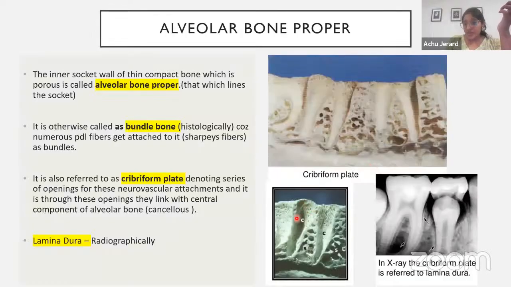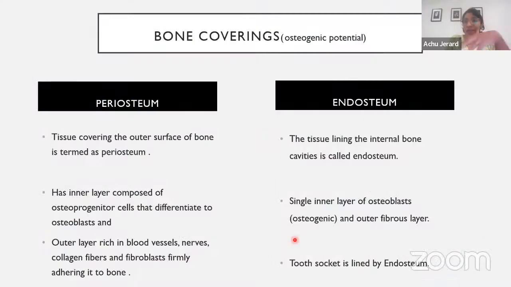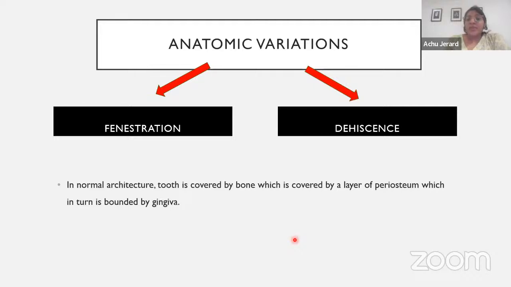So there we have the endosteum here. Whereas when you reflect the flap, the outer covering is the periosteum. Both of them have osteogenic potential, the ability to form bone cells. And there are some anatomic variations that you need to know in relation to alveolar bone, which are